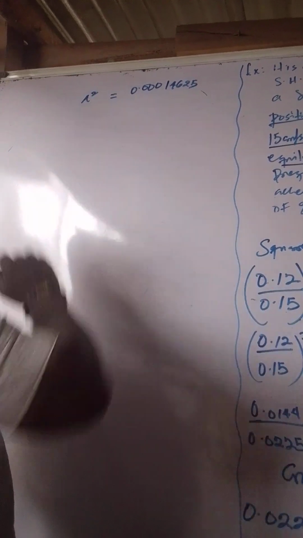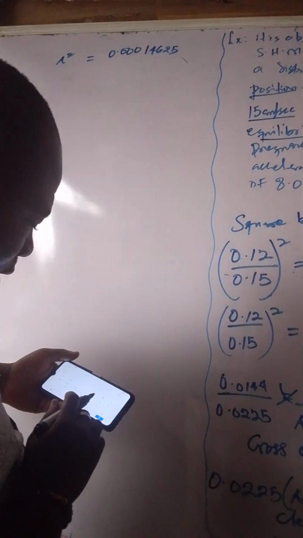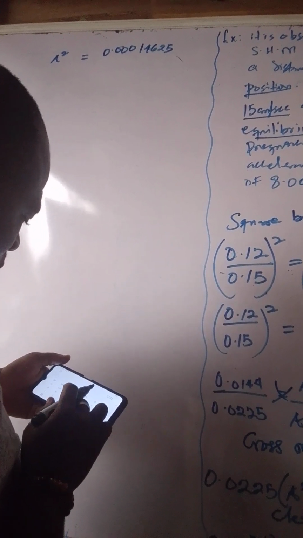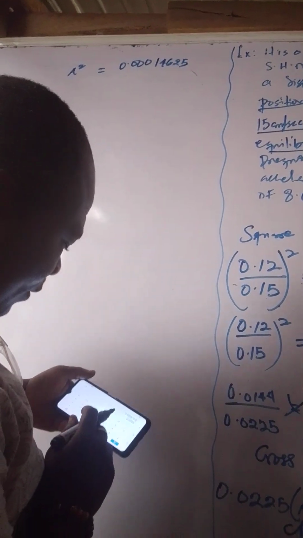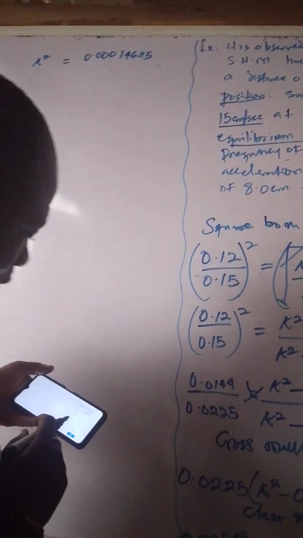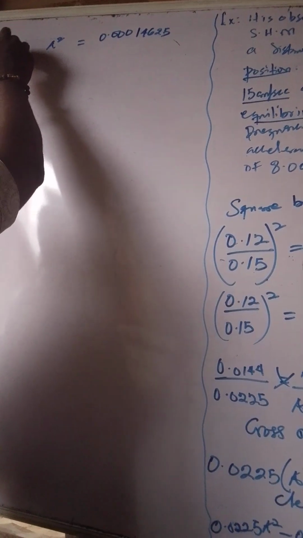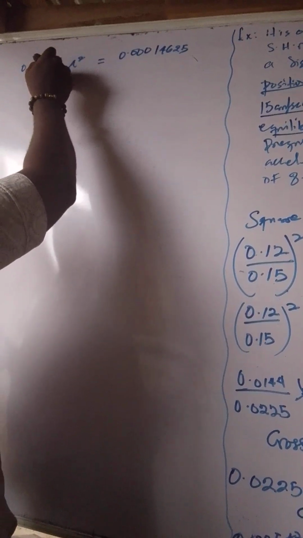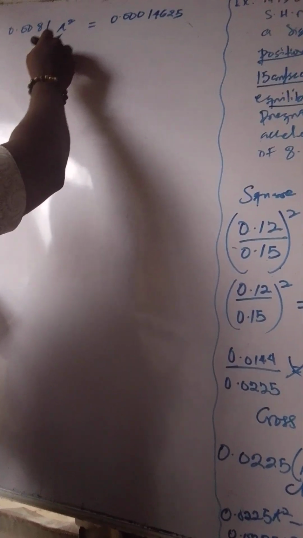We factorize out A squared, then we subtract: 0.0225 minus 0.0144, and you get 0.0081. So let's make A squared the subject. A squared is going